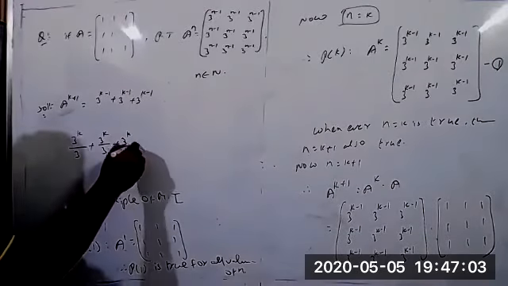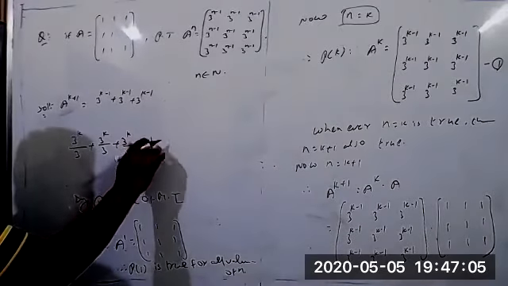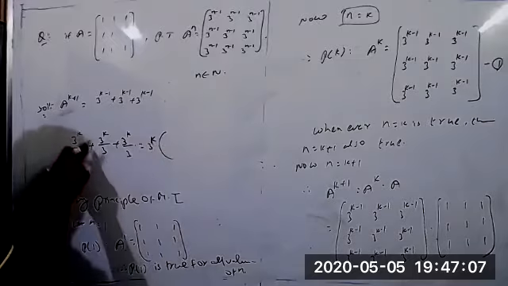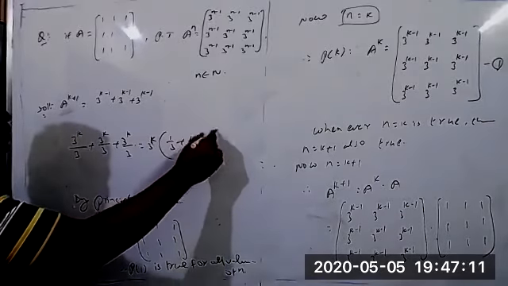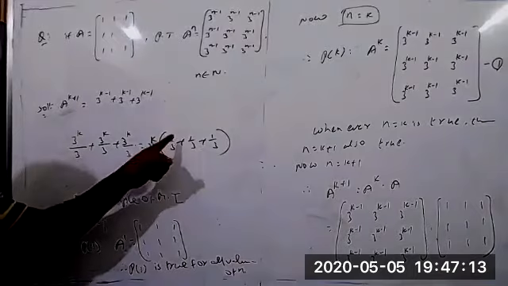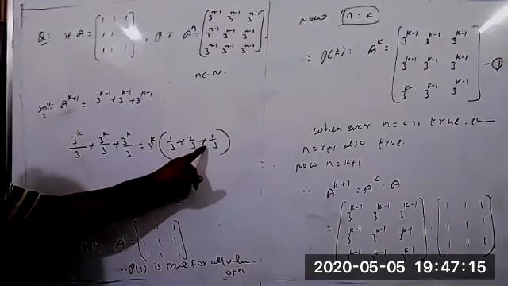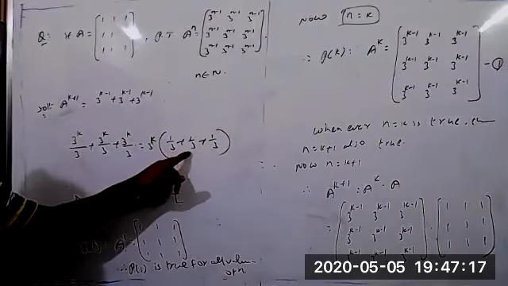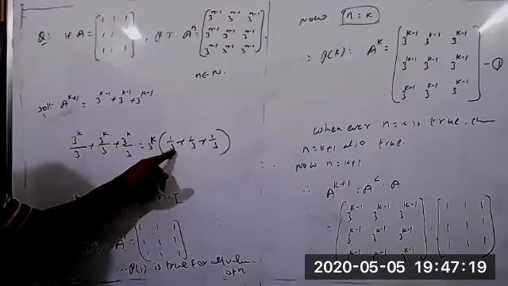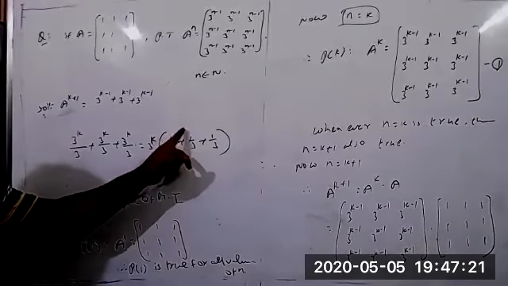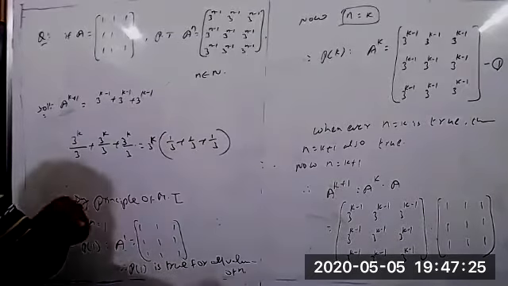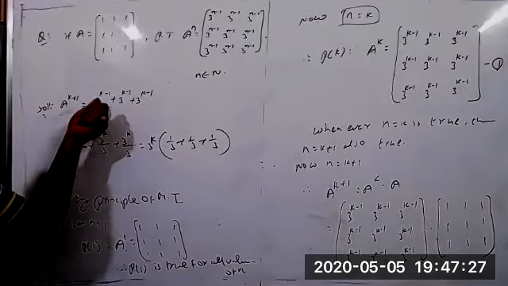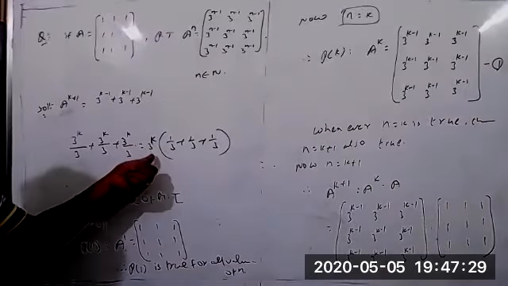So from all the terms we take 3 power K common. What about the remaining? 1 by 3 plus 1 by 3 plus 1 by 3. This value must be equal to 1, because 3 is the LCM, so the denominators are equal and directly you can add the numerators. 1 plus 1 plus 1 equals 3, and 3 by 3 equals 1. So the sum of these three terms gives us 3 power K only.